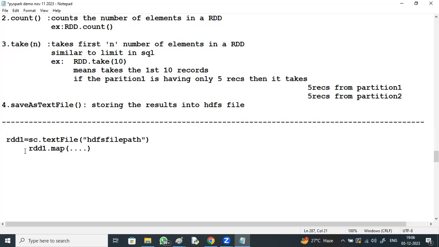Whenever you perform something on RDD1.map, what do you get, a Spark object or a Python object? On an RDD, if I am performing a transformation, the result is another RDD. RDD2 is created. I'll be showing you the inbuilt transformations one by one in the practicals. Any one inbuilt transformation applied on this RDD gives again an RDD.